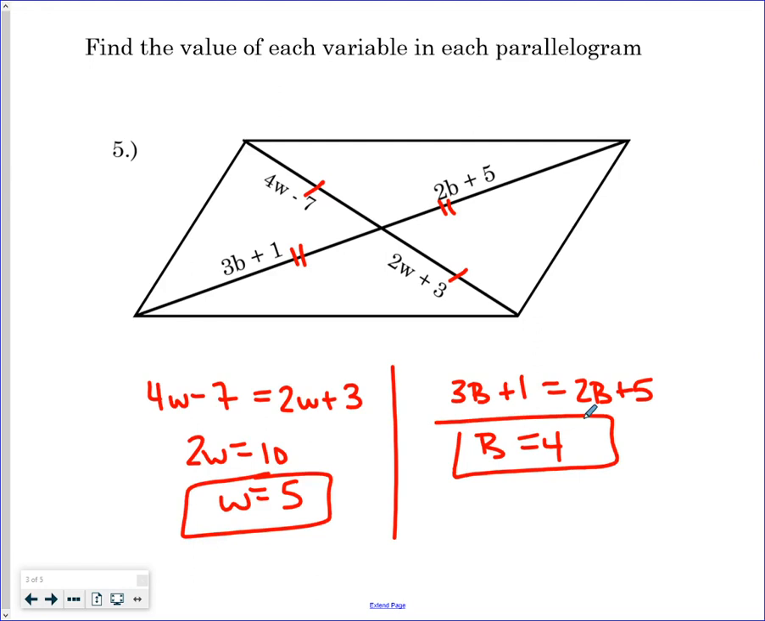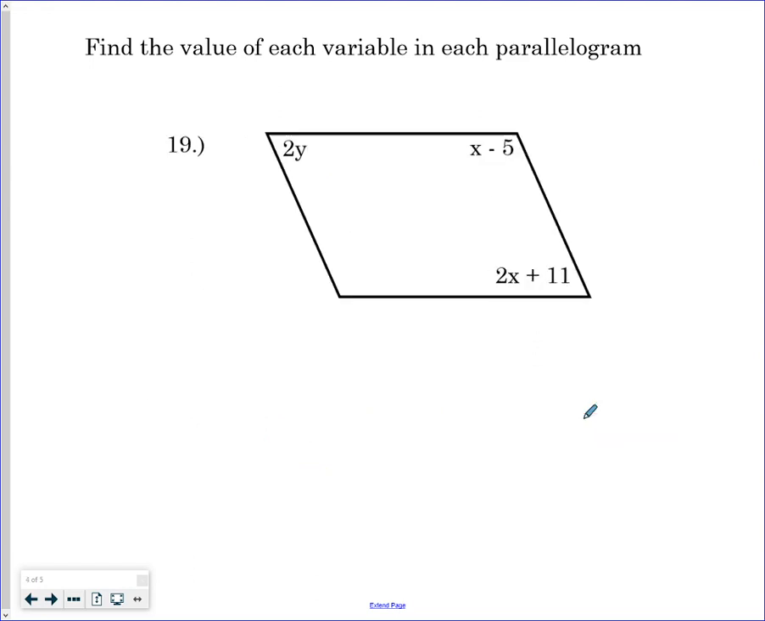Anybody still need that page? Okay. Find the value of each variable. Again, they told us it's parallelogram. What do I know about parallelograms in these kind of angles? Like, what do I know about opposite angles? I know they're the same, so I'm going to go ahead and say 2y equals 2x plus 11, even though